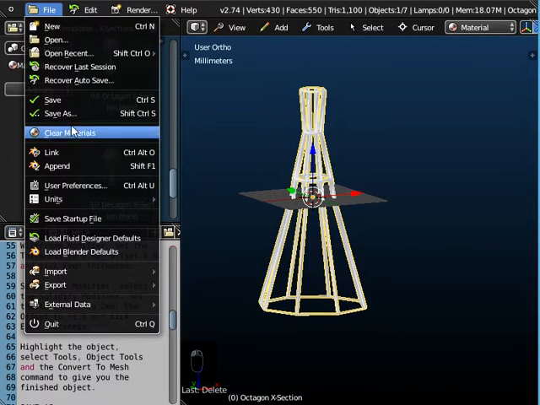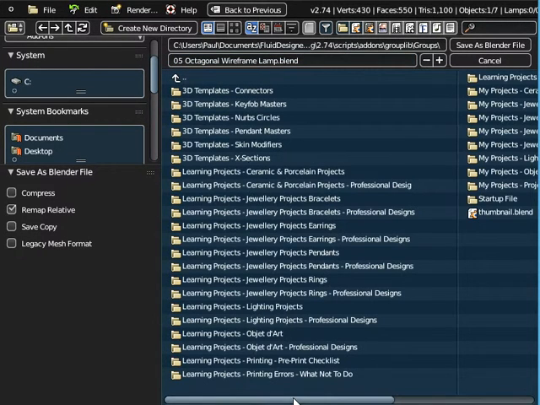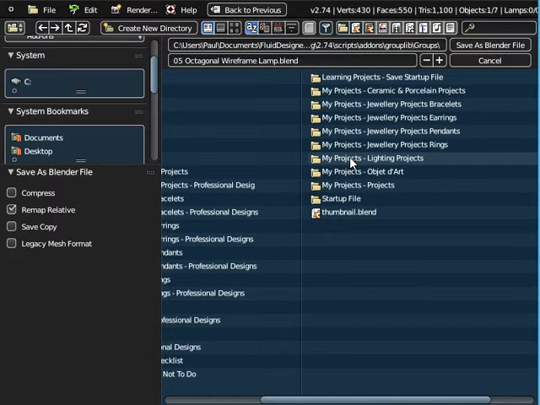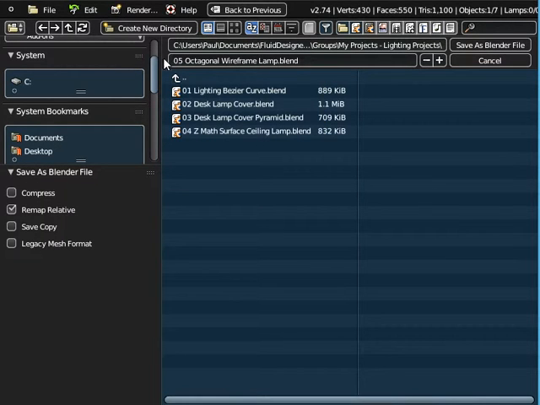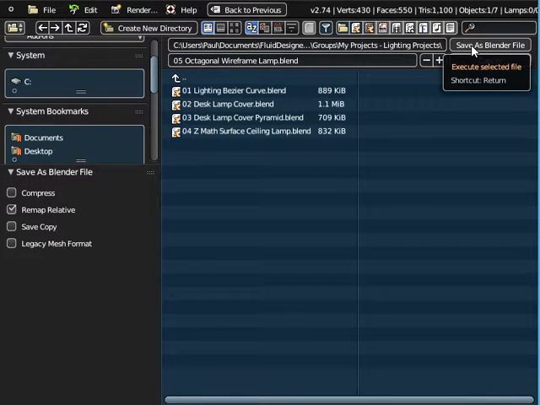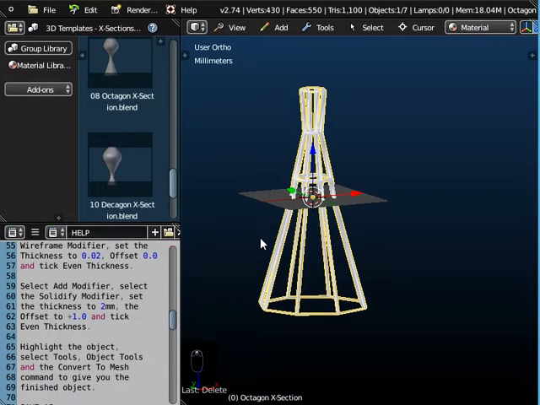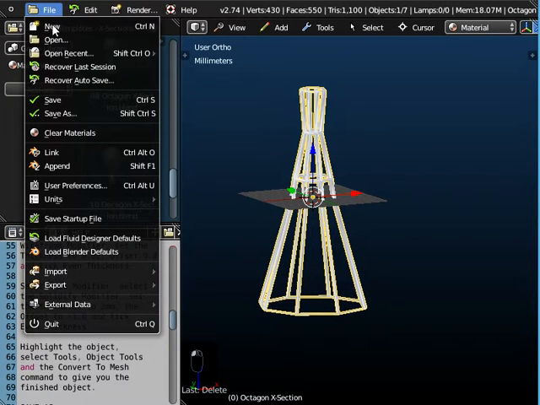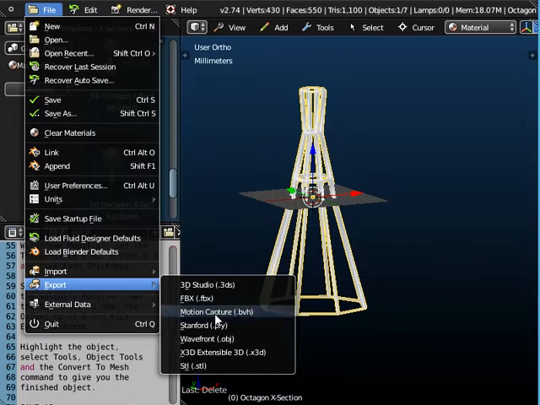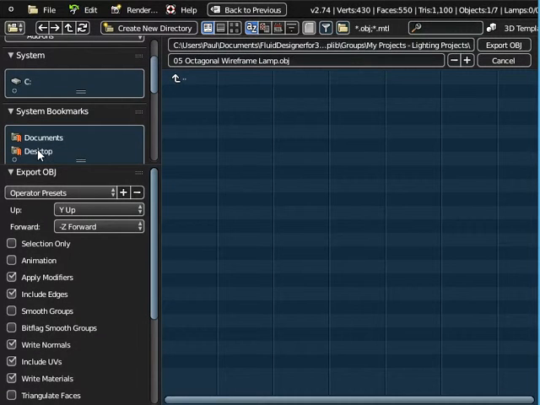So if we go to File, always go to Save As in FluidDesigner. Don't save it in Learning Projects, just go up through the menu system, go to My Projects, Lighting Projects, and you can save it as Lesson 05, an octagonal wireframe lamp, and you save that as a Blender file. Now you can't print Blender files, so we need to go to File and Export, and we can export this as a wavefront object. We like to export it to the desktop,